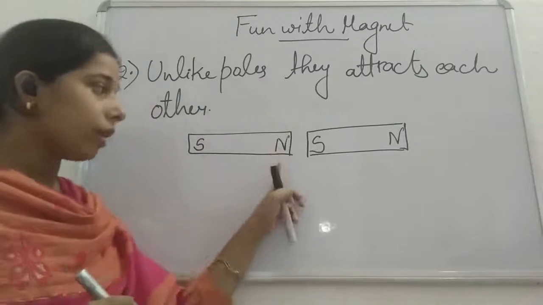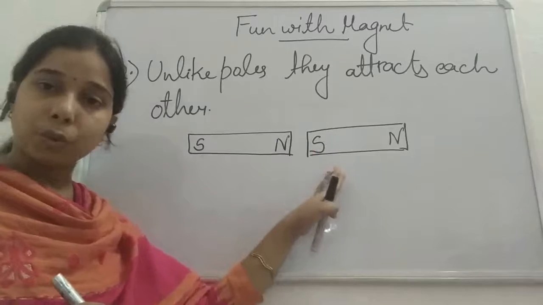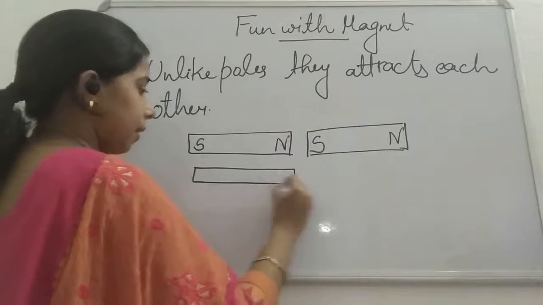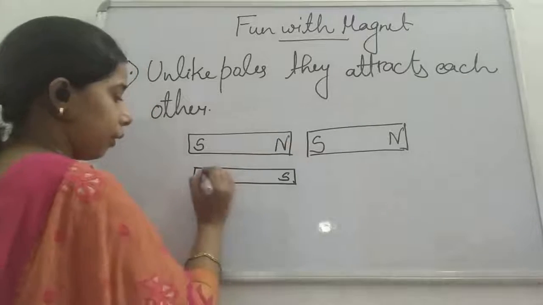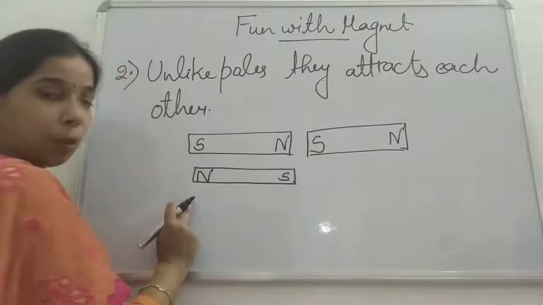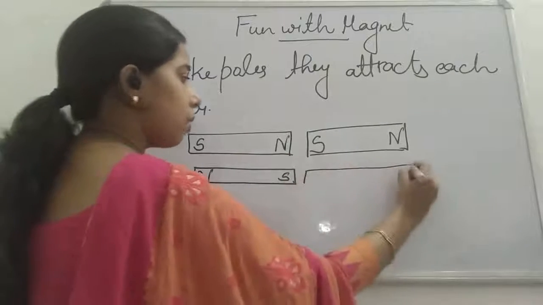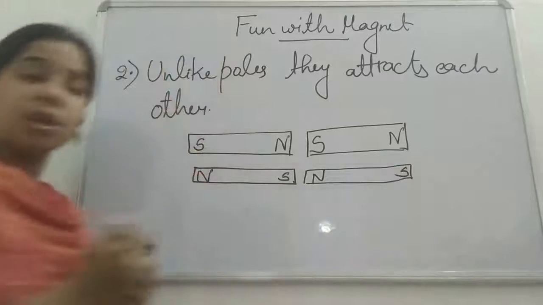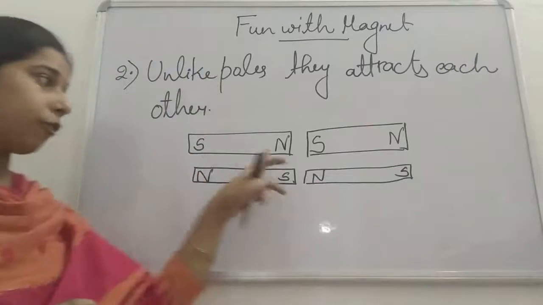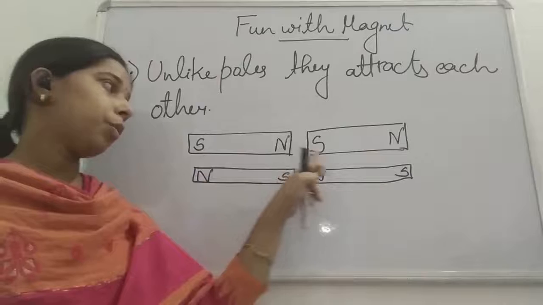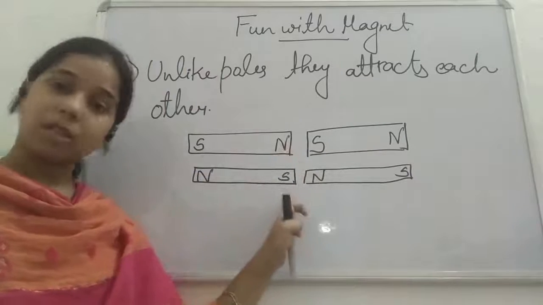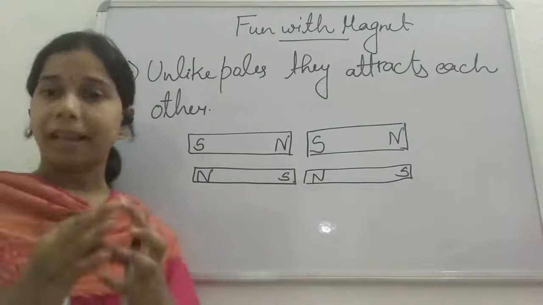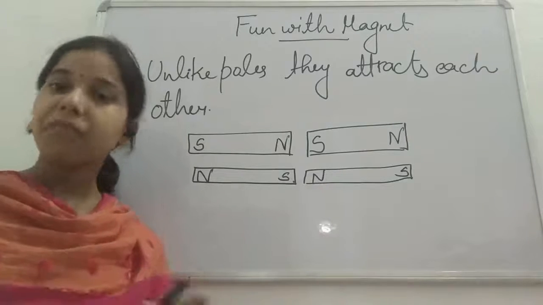So here one is the north pole, one is the south pole. Here we can understand with another diagram. Suppose we had taken the south pole here and the north pole here, and just opposite to that is the north pole and south pole. So you see here, students, again in the first case, this is the north pole and this one is the south pole, and here this is the south pole and this one is the north pole. So both the poles are not like each other. They are different from each other.